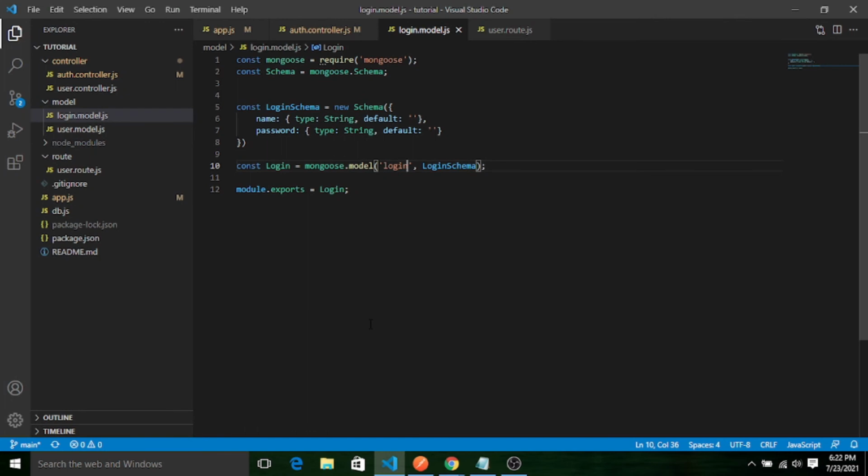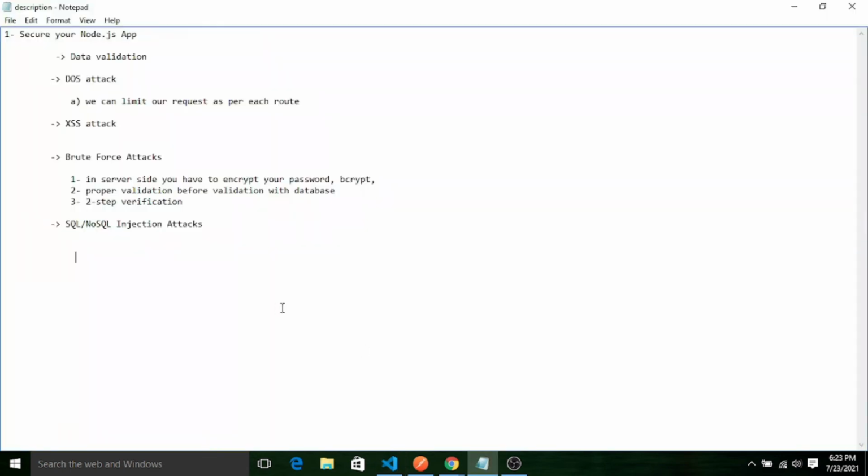Okay. Similarly, for NoSQL injection attacks, in my application, as with most people using Node.js, they are integrating the MongoDB database, which is a NoSQL database. So for a NoSQL database, the same applies. First, we have to do input validation on the server side, which is called server-side validation. The second point is Mongoose, which has some inbuilt validator methods.